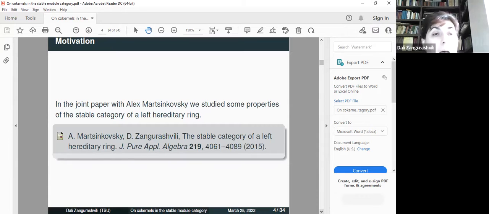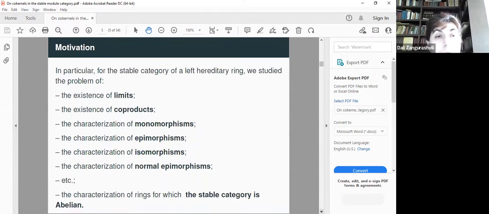Now, some history. Not very far. In the joint paper with Alex Marcinkowski from Northeastern University in the United States, we studied some properties of this category, the stable category, provided that a ring is left hereditary. Actually, we had some statements for the general case too, but the focus was done on this case. In particular,